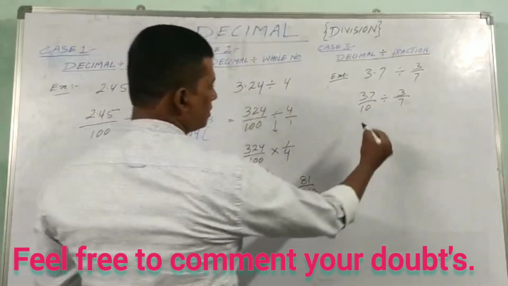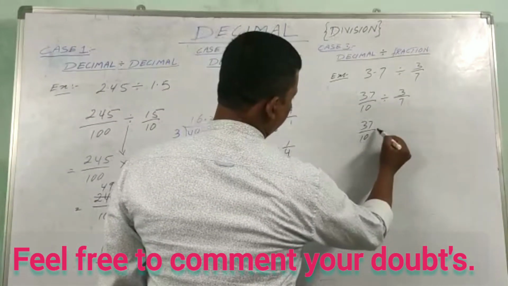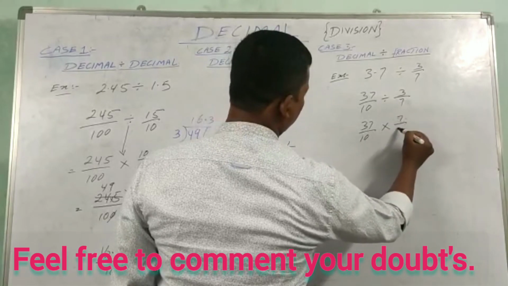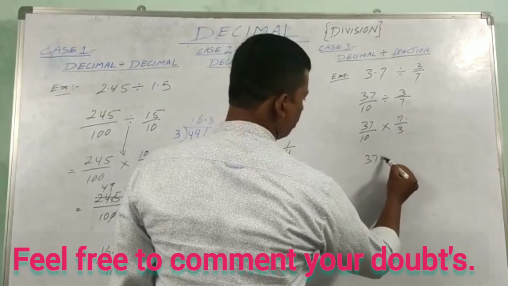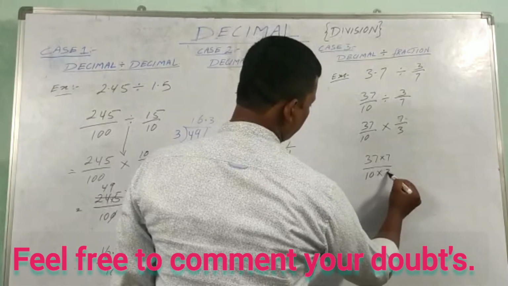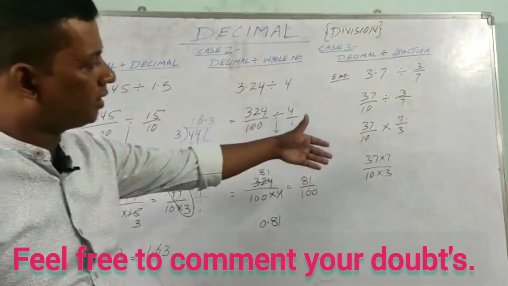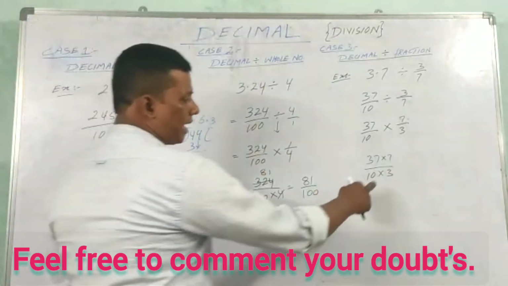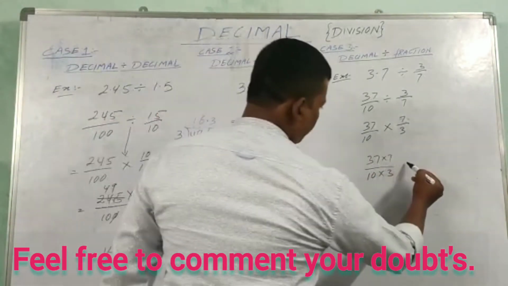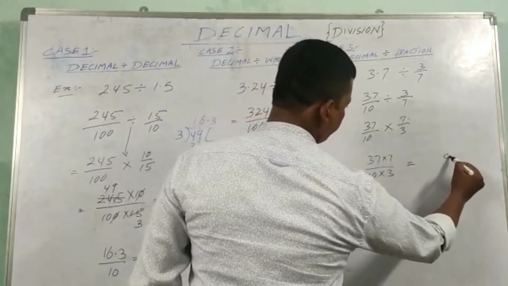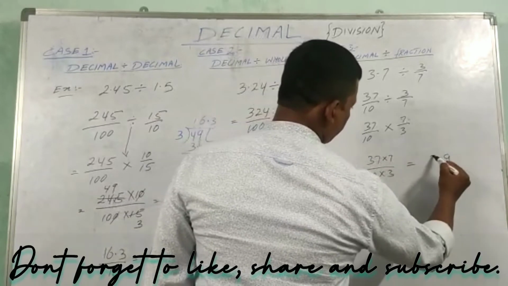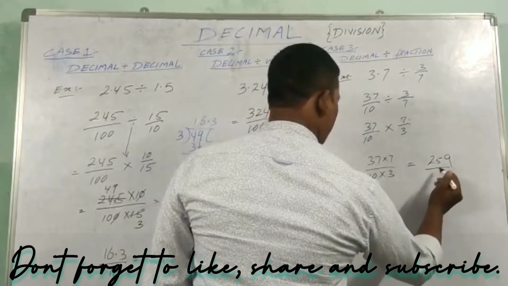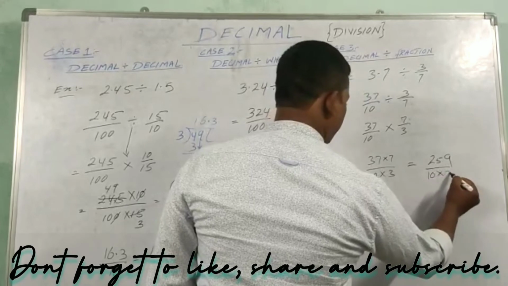Now what we have to do, write this division into multiplication and this will be in the reciprocal form, 7 by 3. Write together numerator as well as denominator. Since in this case, in these digits, simplification is not possible, that is, cancellation is not possible, so we have to multiply directly. 7 7s are 49, 7 3s are 21 plus 4, 25. By 10 3s are 30. Either we can write 30 or we can write 10 into 3 only.